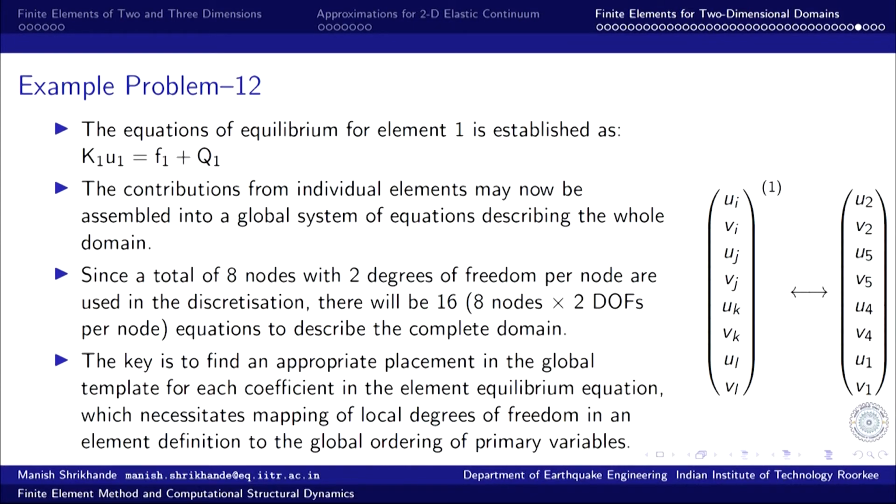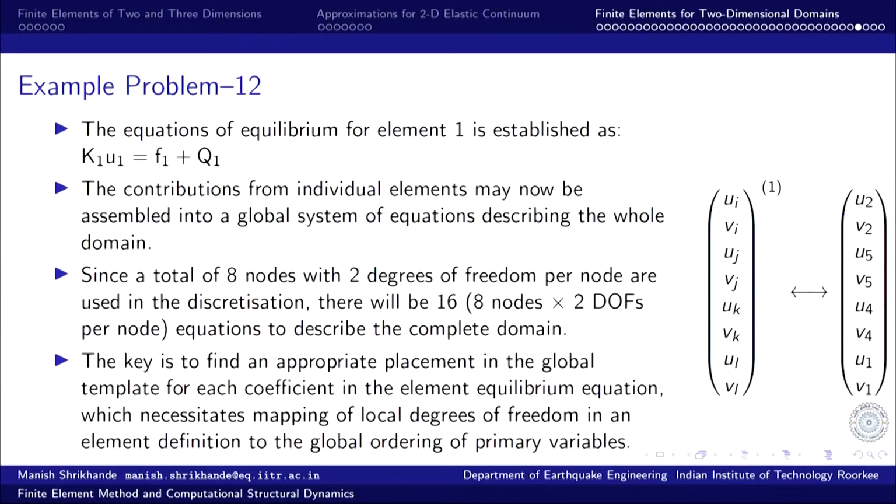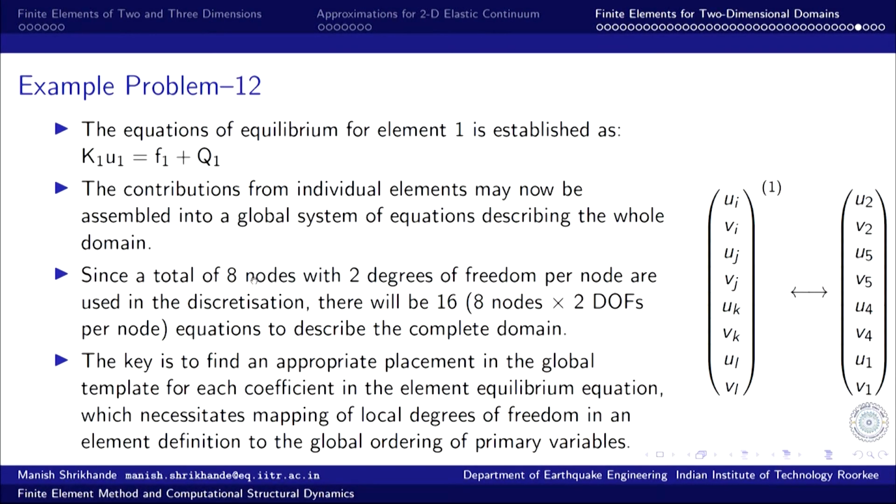And these are then placed into appropriate locations of the global equation for the entire system. So, contributions from individual elements may then be assembled into the global system. So, we are done with the first element, and these element level equations are plugged into the placeholders for the global system of equations. Since we have a total of 8 nodes with 2 degrees of freedom, there will be 16 equations in this